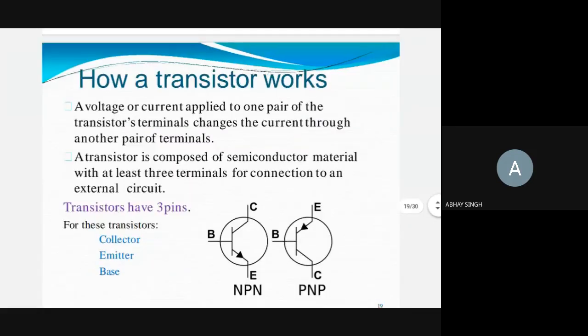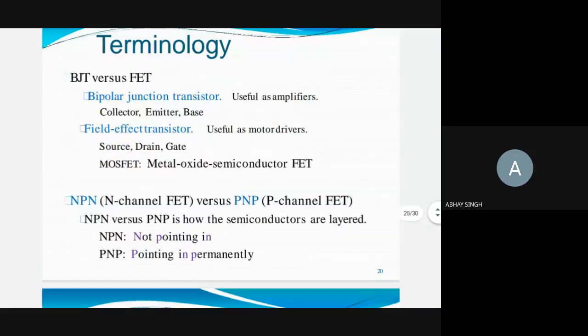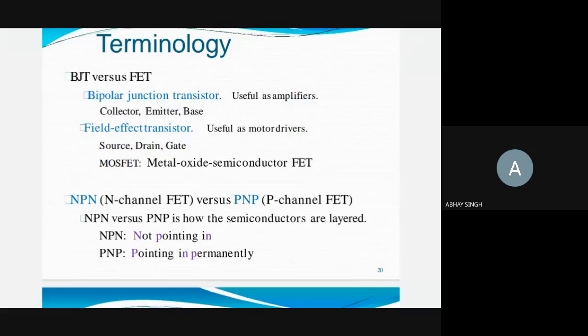So transistor working we already discussed. It is like a pipe. One terminal is for control, and the other two terminals allow the current flow. There are two types, PNP and NPN. BJT is the current control device. FET is the voltage control device, right? One is the MOSFET. For BJT we have NPN and PNP based on the doping. If we have N-type material over which P-type is doped, we have NPN, and the reverse gives PNP.